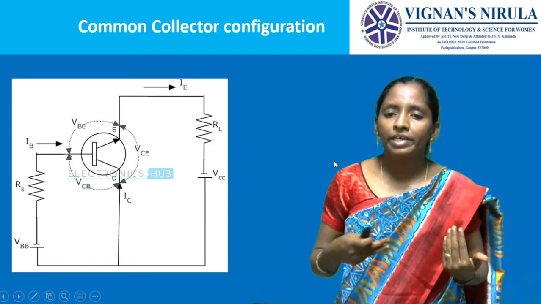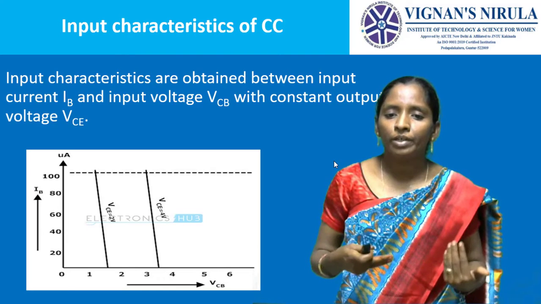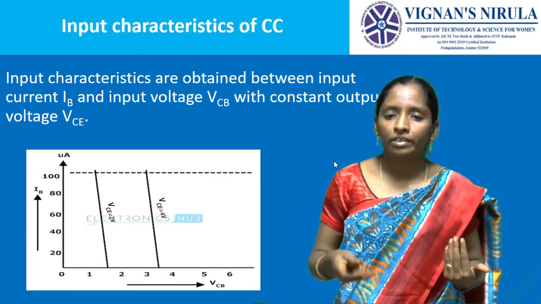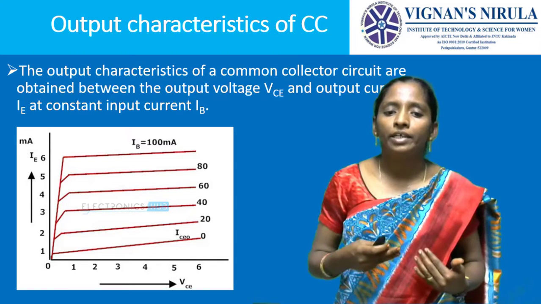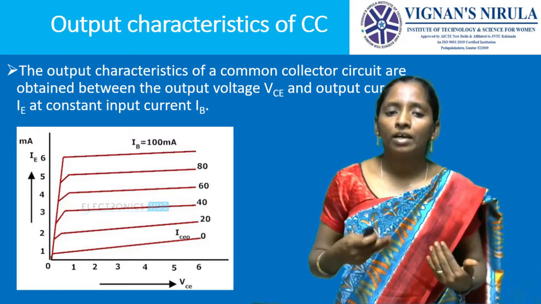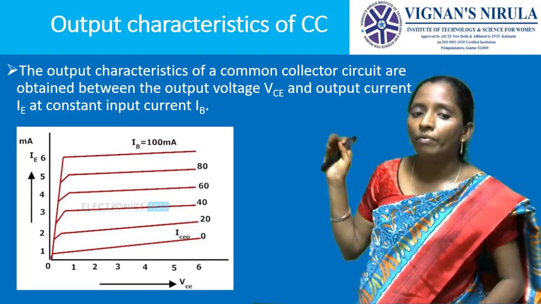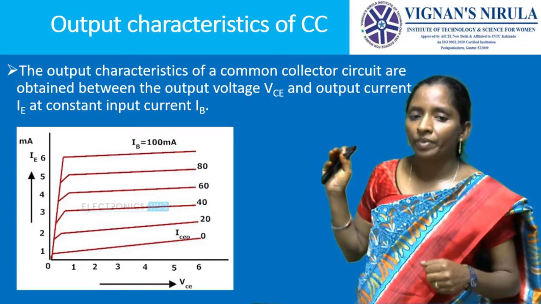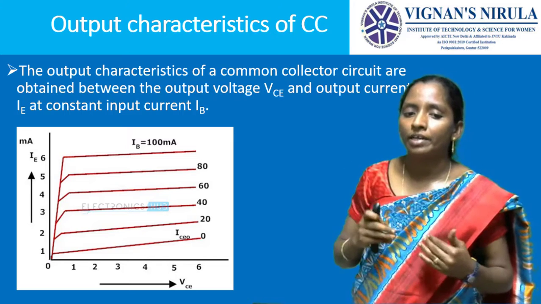That means there is no increase of current. There is no current flow in the input device. It just indicates that. Output characteristics of the common collector configuration. Here we look at the output characteristics. Here there is a current flow when the base current IB is equal to 0. That current is due to the minority charge carriers.